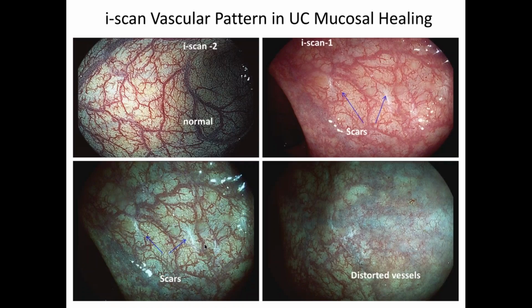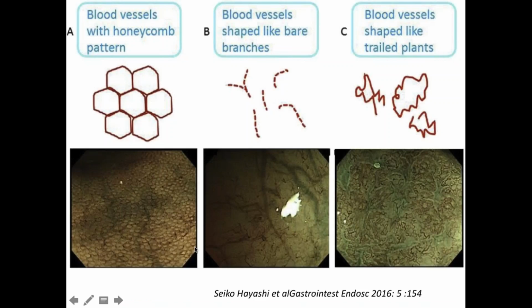You can see this very clear, and in combination with a virtual chromoendoscopy, you can see this mosaic pattern. In the vascular healing, you can really see this cut of the normal vascular with these isolated spiral distorted vessels. And also with the virtual chromoendoscopy, we define the scar tissue. The same recently, the Japanese,